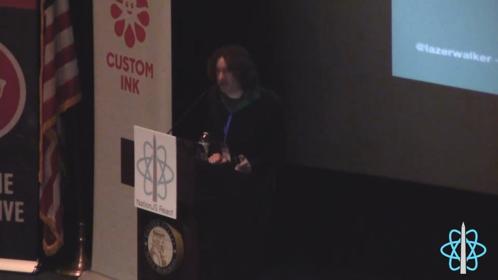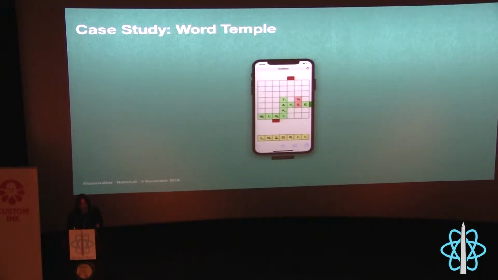So I'm not going to get too deep into how this is implemented. You can imagine this is a pretty straightforward hello world level React app. You have some state representing a bunch of rooms. Each room has some entrances and exits, maybe some place tiles. You have a tile rack. We have a tile bag that we're drawing tiles from, using React drag and drop to handle drag and drop